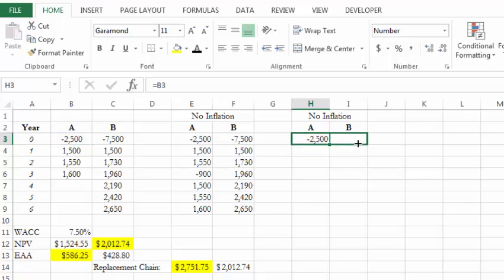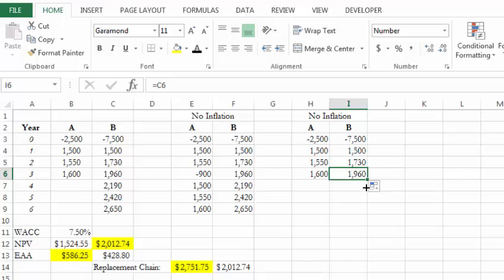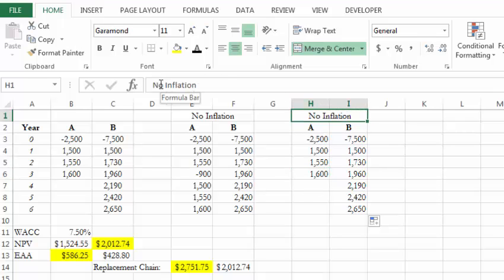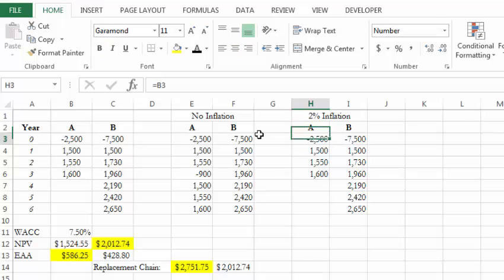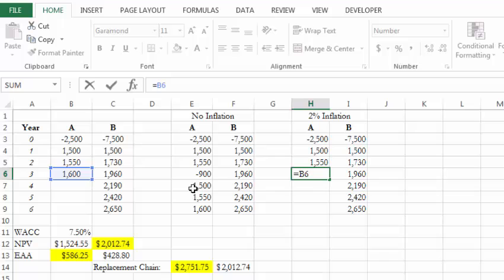And the first ones, there are no inflation. And let me go down to there. In fact, this one can just continue on because we don't ever have to replace it. But we're going to assume that the second time through, everything is going up at a 2% interest rate. So I'm going to say assume 2% inflation across the board. So in this instance, I'm going to get my 1600 out, but I'm going to have to add that